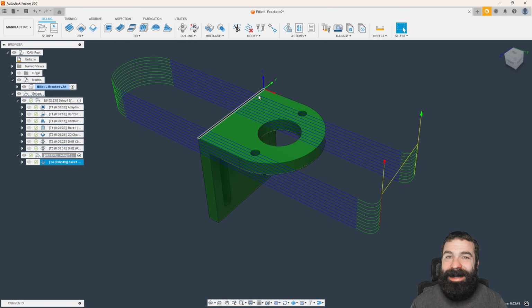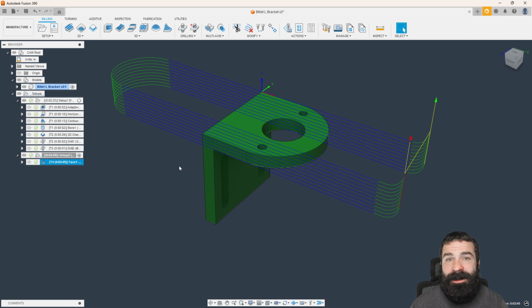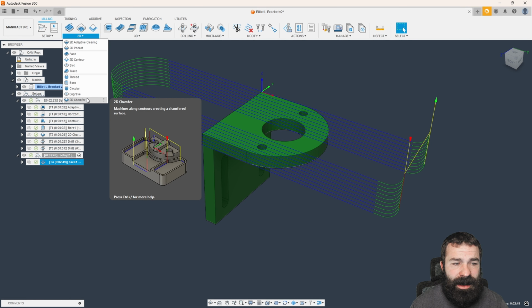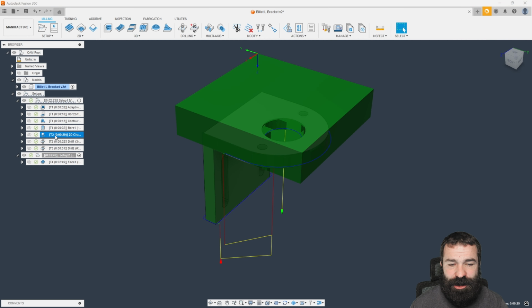Given I've actually set this reference point at the machine, and I'm probably doing more than one of these, maybe 5 or 6 of them, let's go ahead and throw a chamfer cycle on this, just because we're looking at this view and it's very easy to clean up. So I'm going to go back to 2D, and I could go to chamfer and recreate this whole process. Or I can cheat, and I can take, when we did our 2D chamfer before, right-click copy,